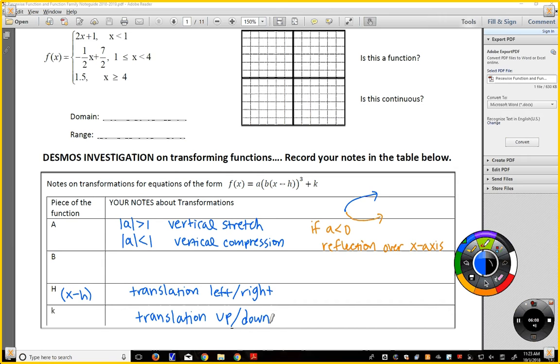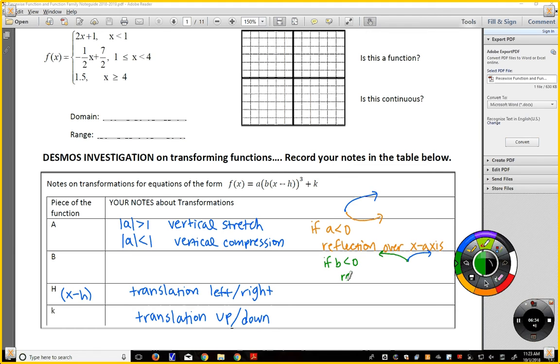Okay, so it can flip different ways. One thing that changed was kind of like the a value. The graph was originally pointing this way, but when we changed the b, it pointed this way. So the b is affecting the x's. When we change x's that used to be positive to negative x's, it flips our graph over the y-axis. So if b is negative,